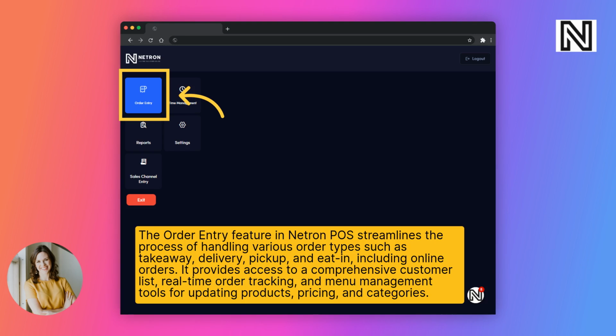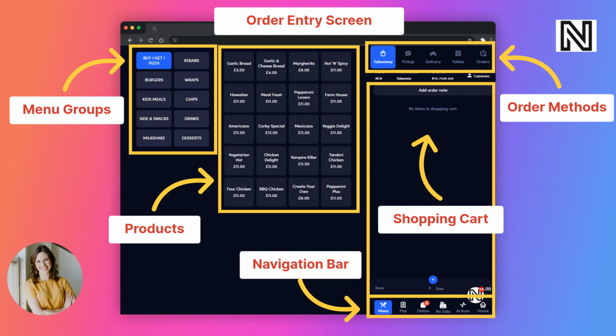The order entry feature in Netron POS streamlines the process of handling various order types such as takeaway, delivery, pickup, and eat-in, including online orders. It provides access to a comprehensive customer list, real-time order tracking, and menu management tools for updating products, pricing, and categories. The order entry page prioritizes user experience by consolidating all ordering methods into a single screen, allowing users to